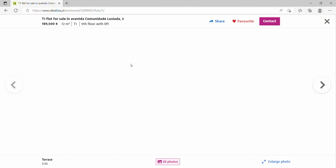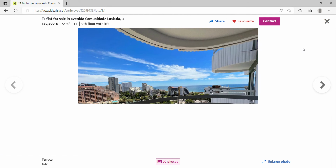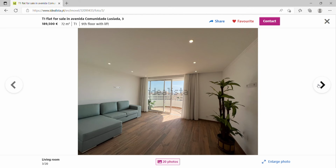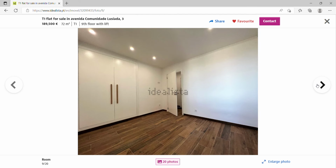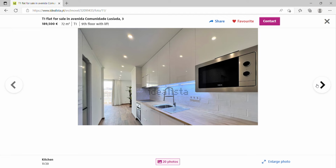There's swimming pool amenities that come with this apartment, and very close to the beach. So if we look at the terrace, and I think the reason why it's classified as 72 instead of 54, is because the terrace here is quite big, and it's got a lovely sea view, so that's a good selling point. The living room, which goes out onto the big balcony, is very nice too. The living room, so I believe that would be the bedroom, so quite a decent sized bedroom, corridor quite big,